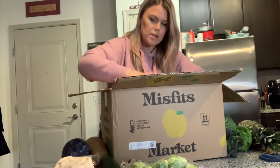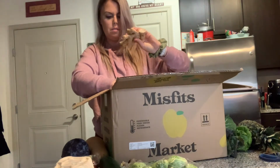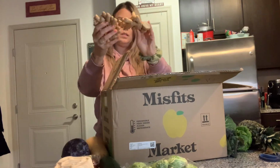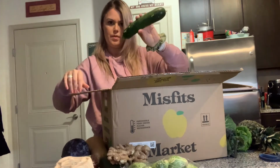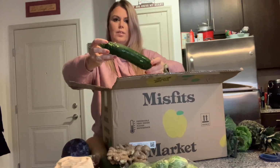What else is, oh, here's another zucchini. Oh my gosh, there's more ginger. That's a lot of ginger for 2 people. Ginger keeps for a long time, but this is a substantial amount of ginger. There was a second zucchini. The zucchini, I guess, is a little bit, it's a little bit,